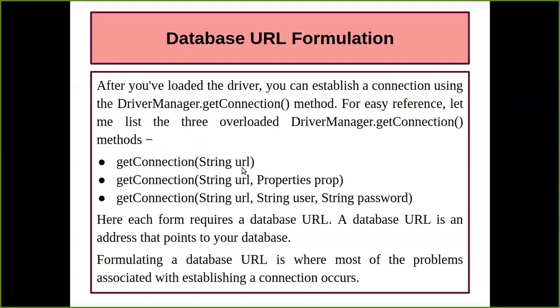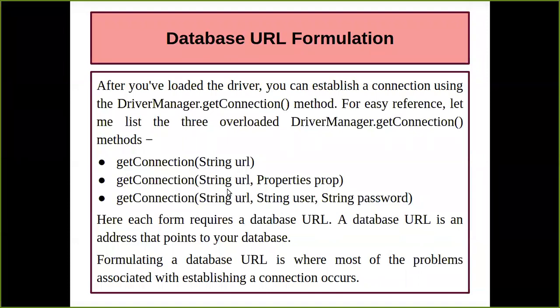Now when we talk about the first syntax, we have only one parameter where I'm going to pass only one URL. Then we had the second way where I am going to have a get connection method with two parameters: one will be your URL and the other is going to be the properties. Like your string is a defined thing in Java, similarly your properties is also going to be a defined thing. This is a class which is present in Java. Why it has been used, I'll let you know.